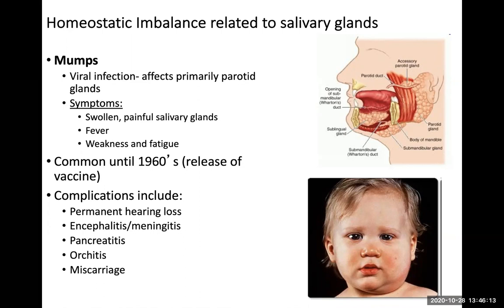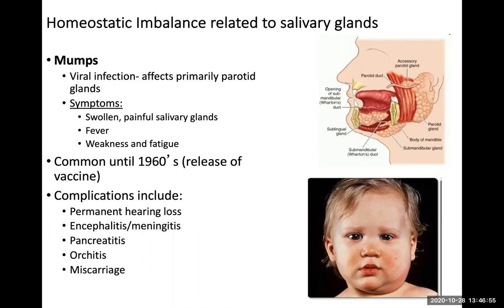Complications associated with having this viral infection include pancreatitis, encephalitis, and meningitis, which oftentimes are lethal, and also what we call orchitis, which can lead also to permanent hearing loss. So before the vaccine for mumps existed, oftentimes individuals did not leave childhood unscathed. And if they ended up with this infection, they could either end up with an infection of the central nervous system, which is what meningitis and encephalitis are, or if they were able to just survive their episode with mumps, they